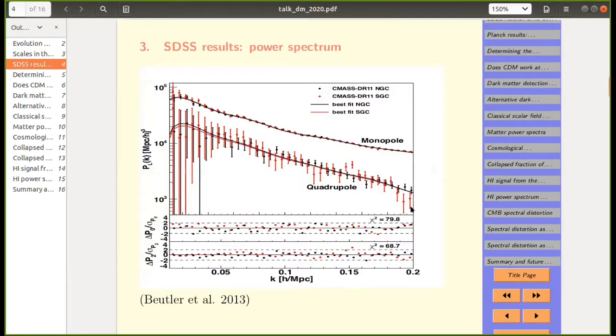Here is the SDSS result. It is a plot showing the kind of power spectrum that has been detected from galaxy clustering. One look at it and we know it looks much more like CDM than anything else. Of course, it has imprints of the baryonic perturbations on it, called baryon acoustic oscillations, which I am not trying to show here. But they are very tiny; you have to look carefully. It looks very featureless.